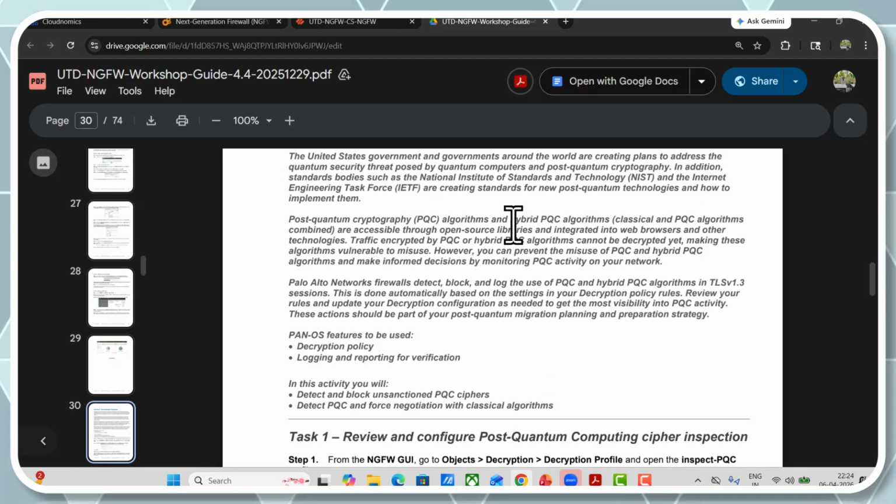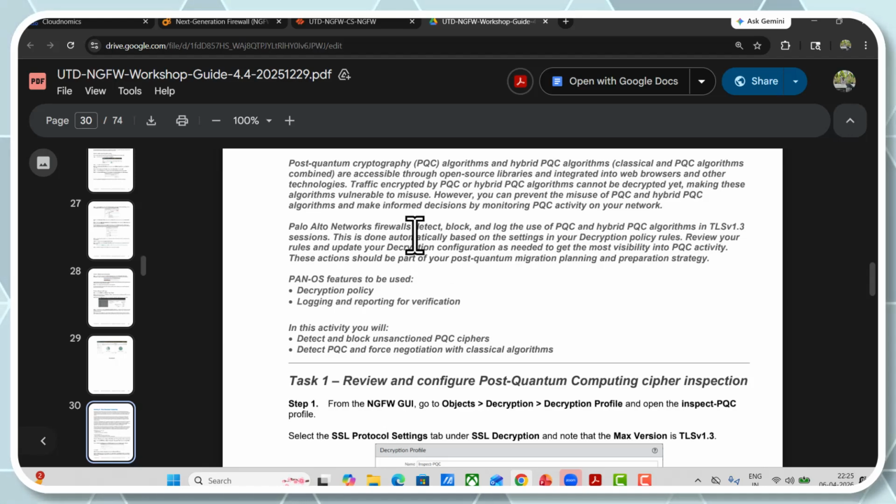Post-quantum cryptography algorithms and hybrid PQC algorithms, where classic and PQC algorithms are combined, are accessible through open source libraries and integrated into web browsers and other technologies. Traffic encrypted by PQC or hybrid PQC algorithms cannot be decrypted yet, making these algorithms vulnerable to misuse. However, you can prevent the misuse of PQC and hybrid PQC algorithms and make informed decisions by monitoring PQC activity on your network. Palo Alto Networks firewalls detect, block, and log the use of PQC and hybrid PQC algorithms